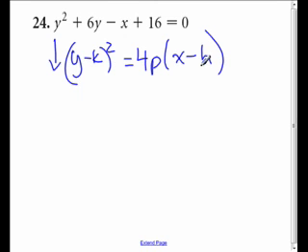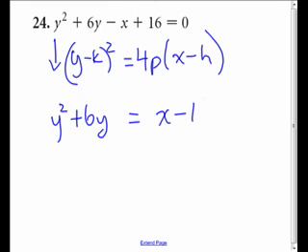If I get it to look like this, then I get my vertex point, I get my p point, I can draw the thing. So let's do it. What you end up doing is collecting the y terms on one side and collecting everything else on the other side. So there I have